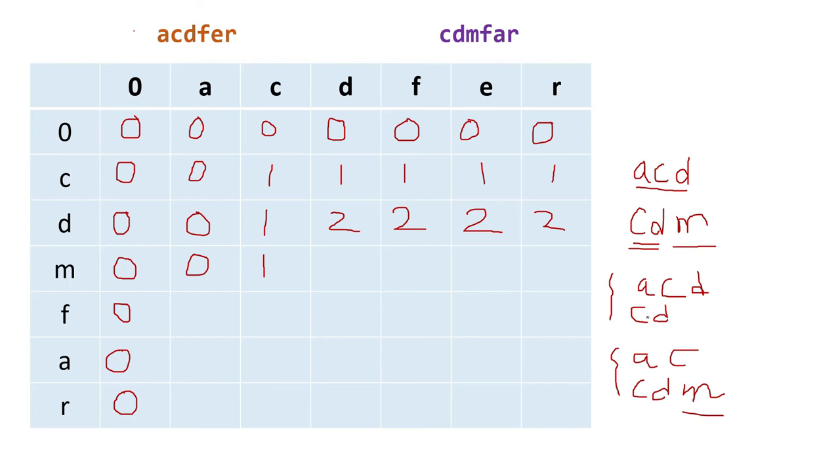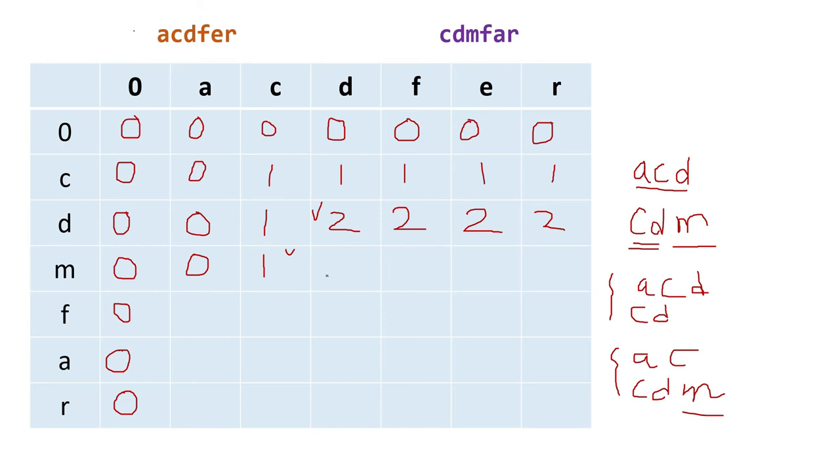So ACD and CD, between them what is the result, where will I get that? That I will get in the above cell, because this is ACD and CD. And between AC and CDM, where I will get the result, that I will get here, because this is AC